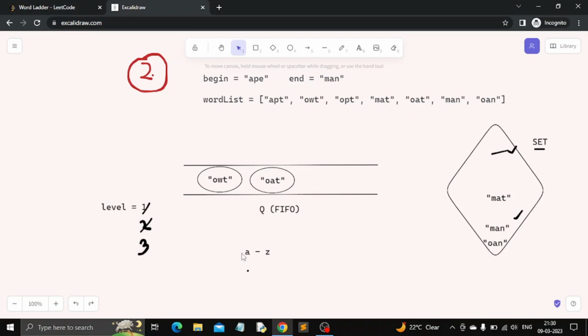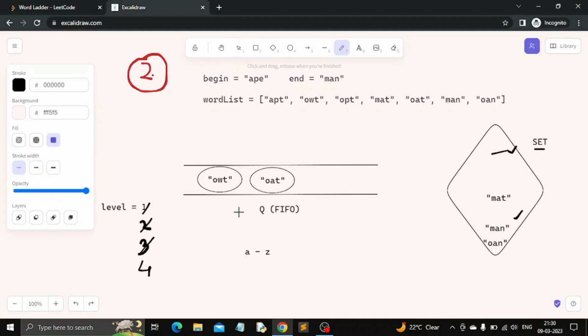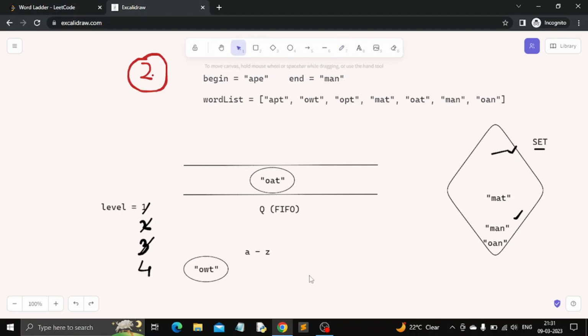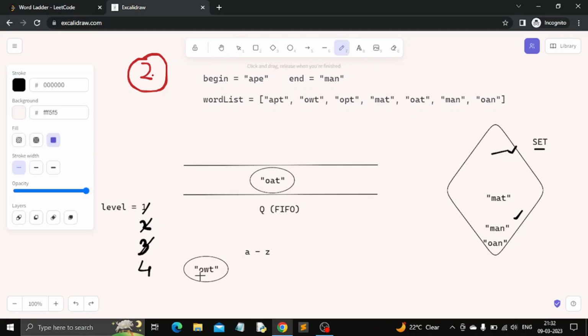We will increment our level count to 4. This time the length of our queue is 2. It means that we are going to pop twice from our queue. So firstly we will pop this word out, which is owt, and we will keep repeating the same process. Firstly we are going to substitute characters in the first position, and we will see how many words are present in our set that end with wt. Since there is no word,